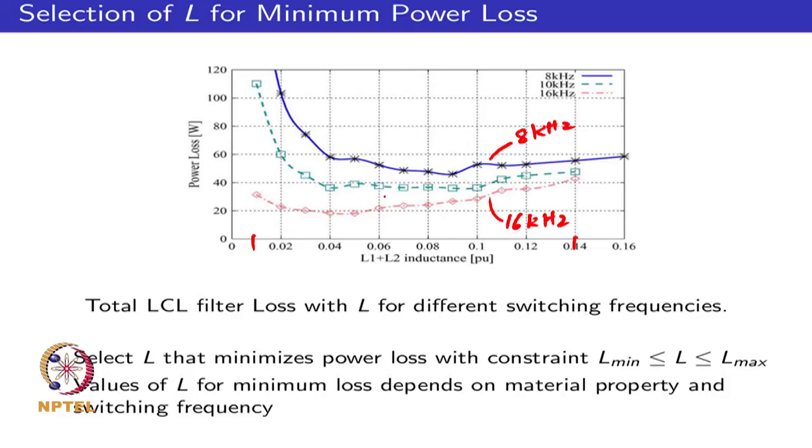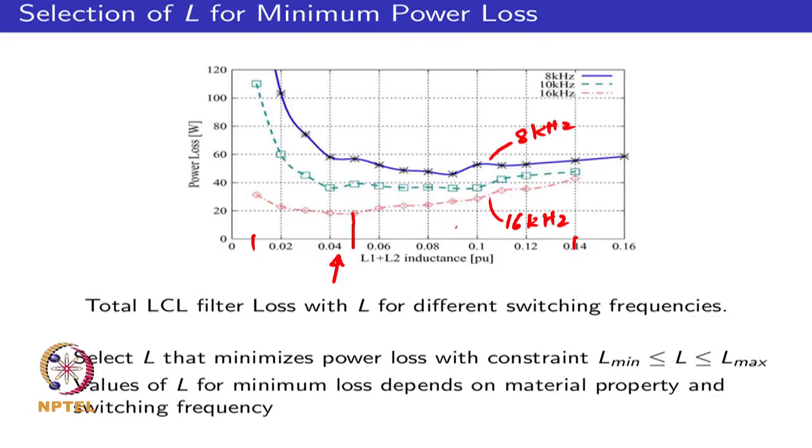So, you could see that in the filter design there is a trade off between the losses at the low value of L and the losses at the high value of L, even for the different frequency ranges. But it is also interesting to see the point at which the minimum occurs for the high value of switching frequency. A desirable range of your minimum loss is occurring around 4% value of inductance, whereas